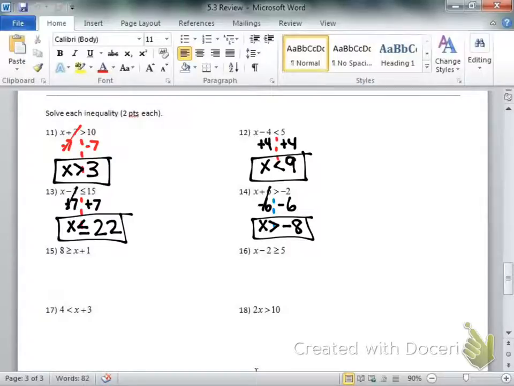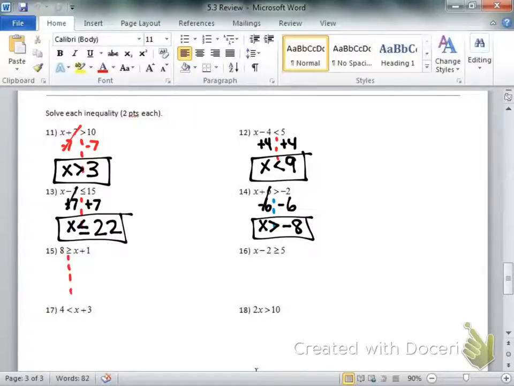unless, do you remember when we do change the signs? When you multiply or divide by what? A negative number. So we haven't multiplied or divided at all. So that's why none of our symbols are changing. It will kind of change here when we rewrite it, so the answer won't match what it was written as in the problem. But it should still be facing the variable in the same way. So you do kind of flip it when you rewrite it to make the x in the front, but not